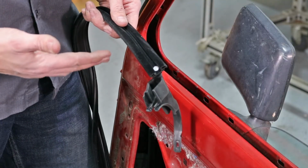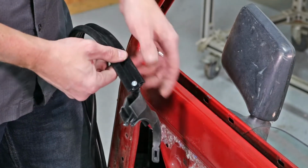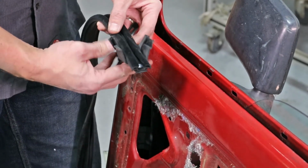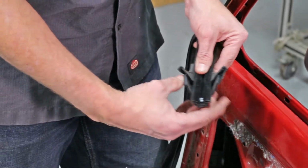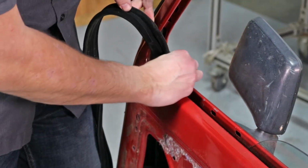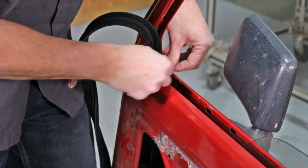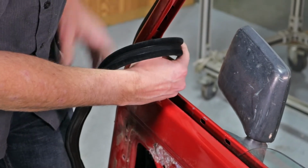Alright, we're going to go ahead and install a new glass run. You'll notice that Ford designed this nice little end here. What you need to do is take it and turn it 180 degrees. And then push it in. And you're going to squeeze it together, and we're going to go ahead and install it, noting that this goes behind. There's a tab in the door that we're going to put it behind. Then squeeze it together so you can get it into the door. It lined up,